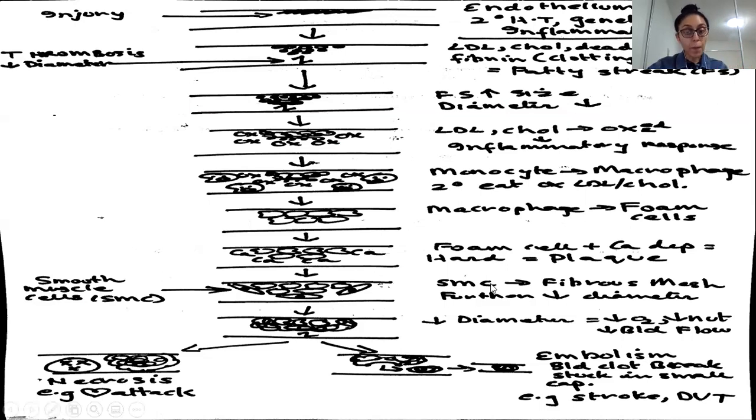All right, so now what happens? Now you have smooth muscle cells, SMC, which I have written over here. Smooth muscle cells travel from the inner wall of the artery and they start sticking on this plaque. They start forming a fiber mesh sort of thing. The smooth muscle cells look really elongated, oval in shape. You know how you had fibrin, which starts forming a mesh on the fatty streak. Similarly, the smooth muscle cells start forming a fibrous mesh on this plaque.